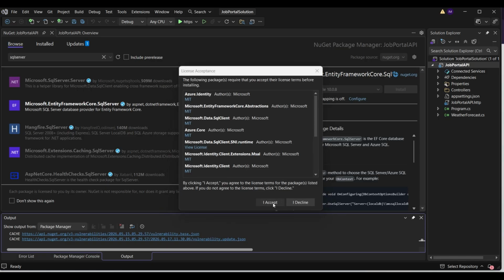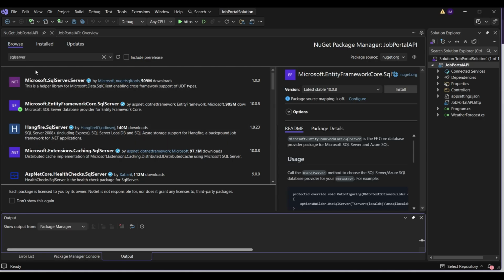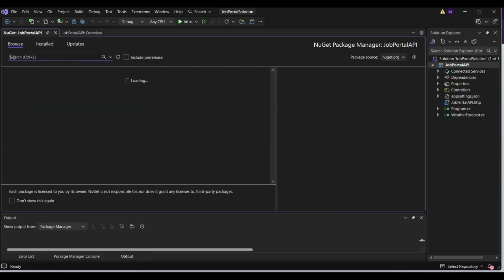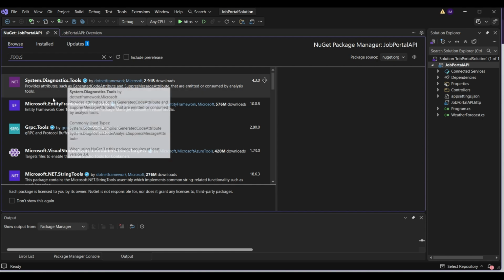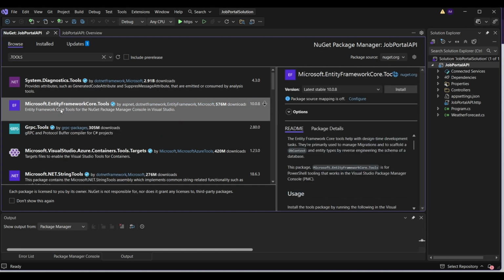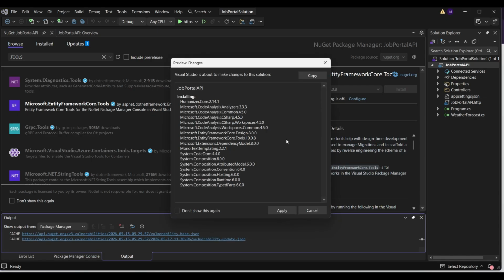And then apply, accept. We don't have to read that. The next one, you type dot tools and press enter. It could be small letters or capital letters, it does not matter. You're looking for Microsoft.EntityFrameworkCore.Tools. This is going to assist with running migration. Again, for those who selected .NET 9 or .NET 8, please downgrade, but for those that have 10, it's okay. You click install,